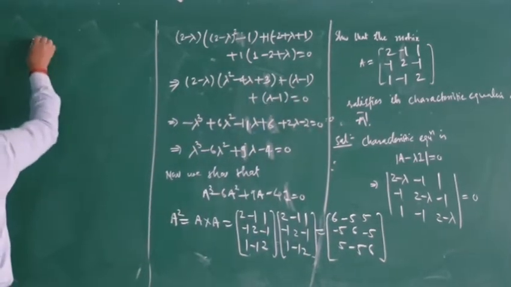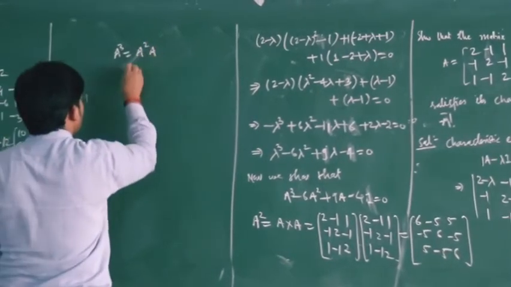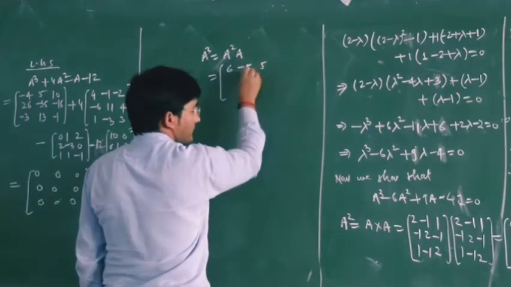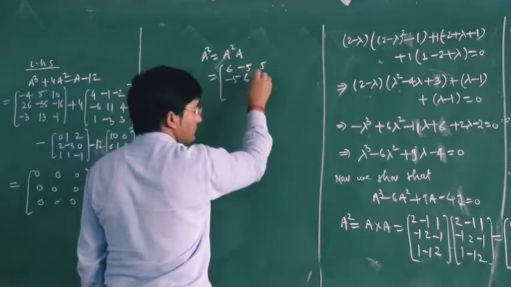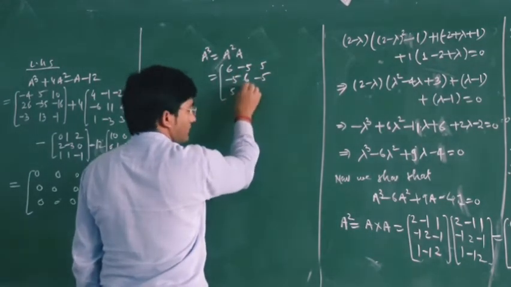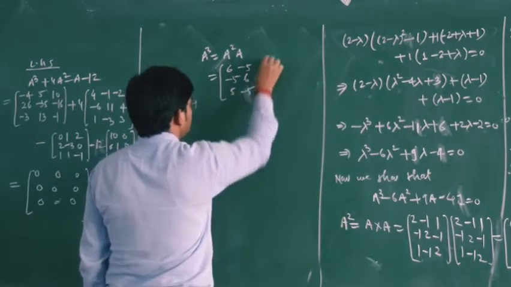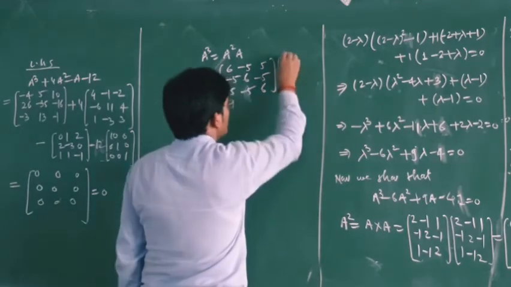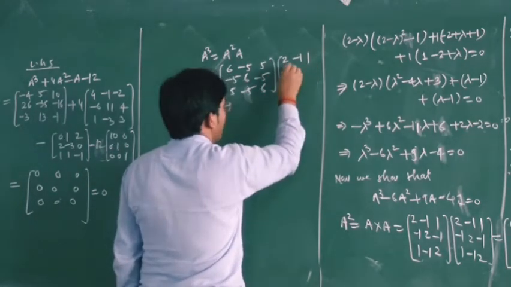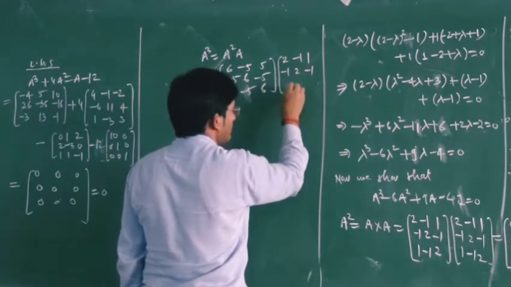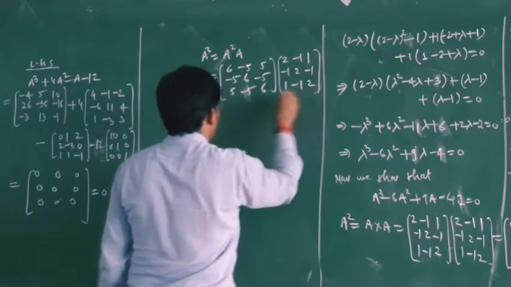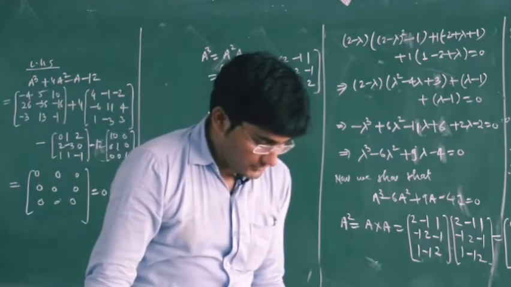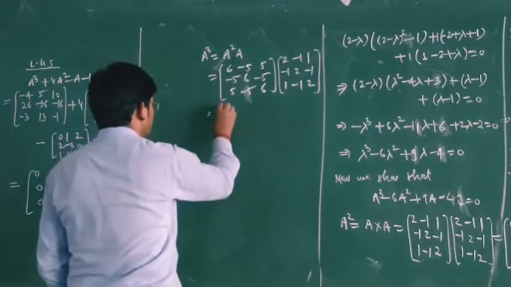Then we have A cube as A square into A. So this is equal to 6, minus 5, 5, minus 5, 6, minus 5, then 5, minus 5, 6, multiplied by A. Again your A is 2, minus 1, 1, minus 1, 2, minus 1, and then we have 1, minus 1, 2. So the value of A cube is equal to 22,